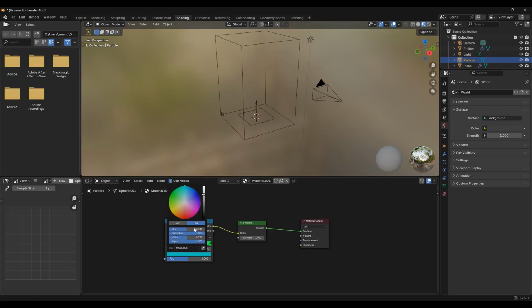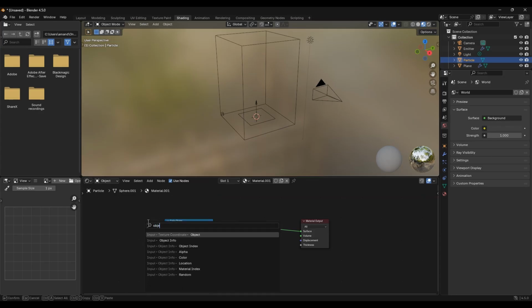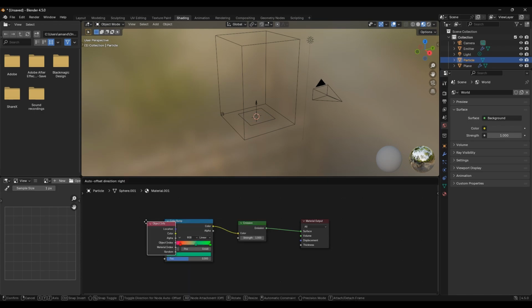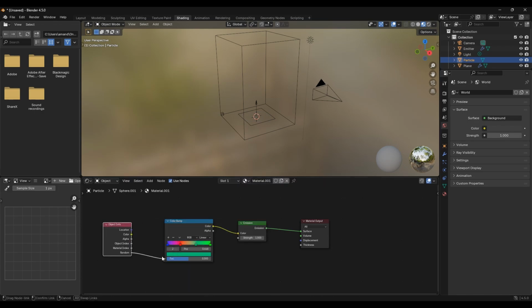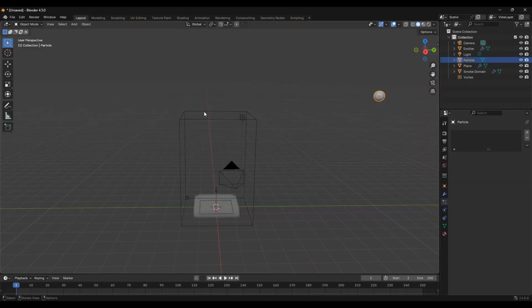And this one I kind of like, but I'm still going to change it... I think I'm kind of indecisive. I think I'll stay with this one. Yeah, that's nice. Those colors are nice. So now I'm going to add an object info node, and I'm going to plug the random into the factor. Now, if I back up into layout mode,